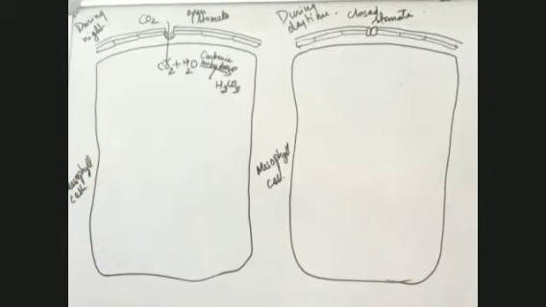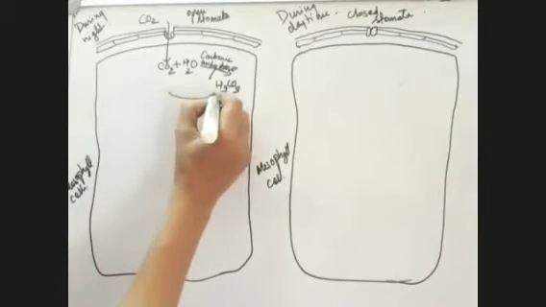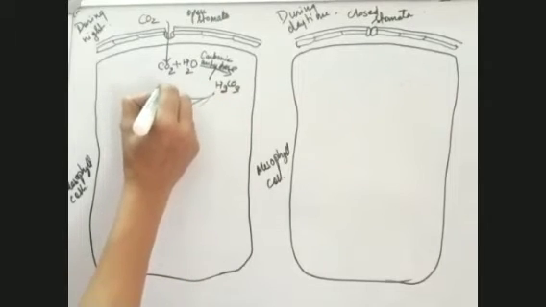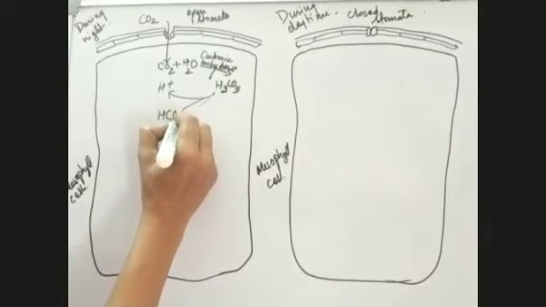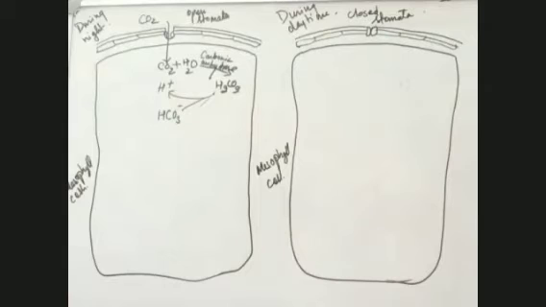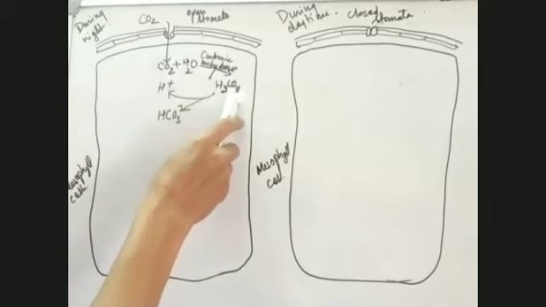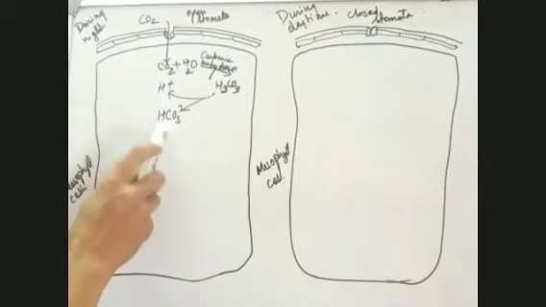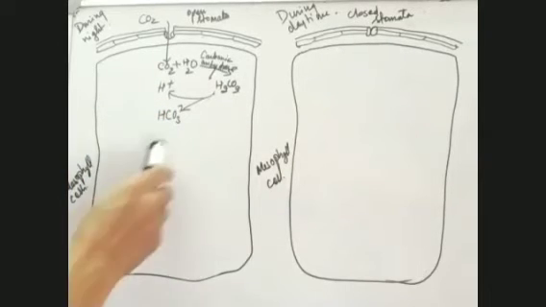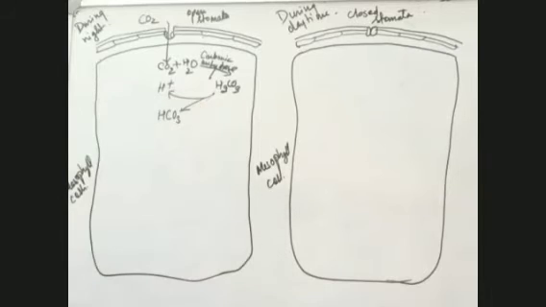This carbonic acid dissociates. When it dissociates, it will break into two. What will it form? It will form hydrogen ions and HCO3 ions. Hydrogen ions and HCO3 ions, both are formed as a result of dissociation of carbonic acid, which breaks down to form hydrogen ion and bicarbonate ion. Now this HCO3, the bicarbonate ion, has a negative charge.